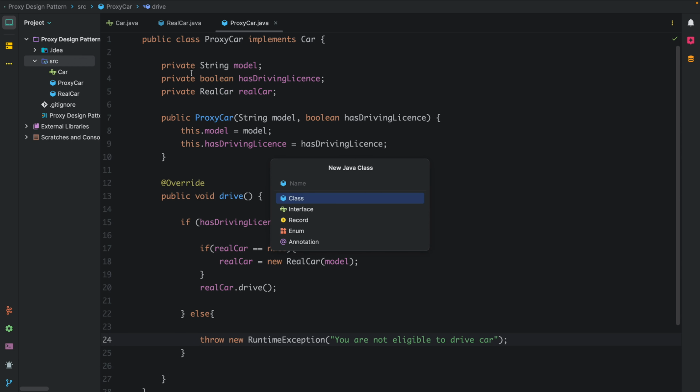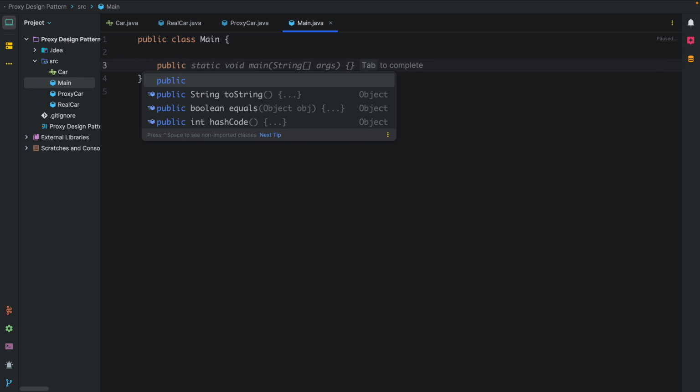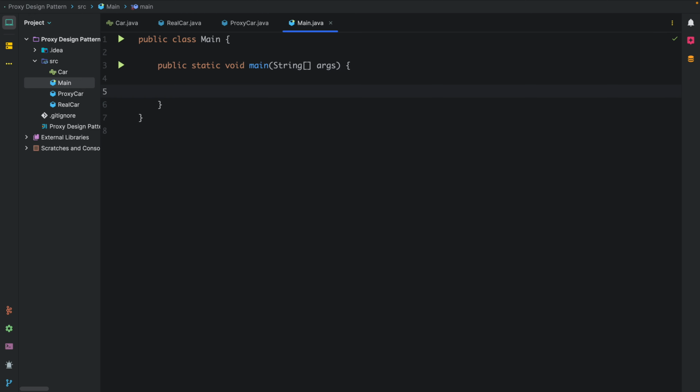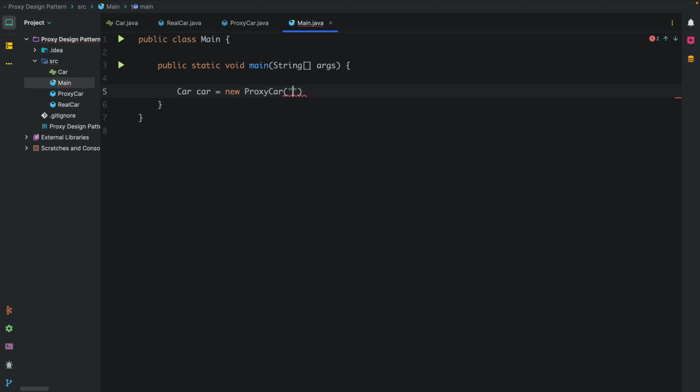For example, main. So public static void main. Here if I want to make the object car, we will not be accessing the real car directly, but we are accessing the proxy car. For example, I am passing Honda Civic, right? And if I pass value for driving license as true, and here car dot drive. So if I run this,